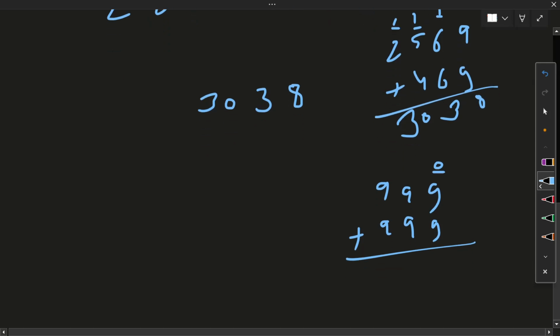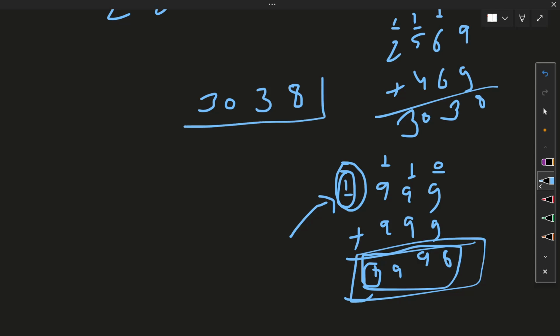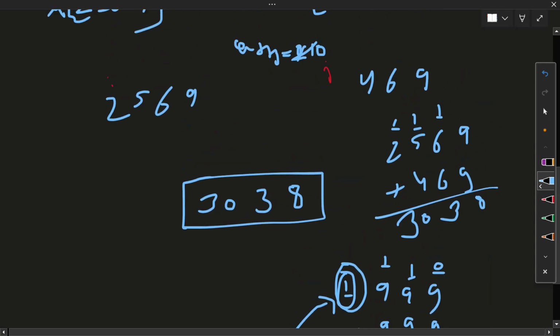So it is 9 plus 9 is 18. Then we got carry, 9 plus 9 is 18, 18 plus 1 is 19. Then we have this 9 plus 9 is 18, 18 plus 1 is 19. If a carry is still there, we need to add the carry. So this is a crucial point. We don't need to miss this carry. If carry is still there, we need to add the carry. So after we have this number, we just need to return.